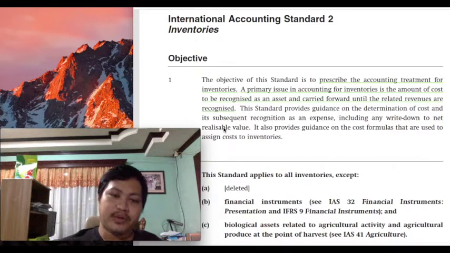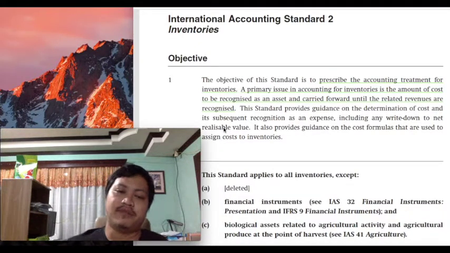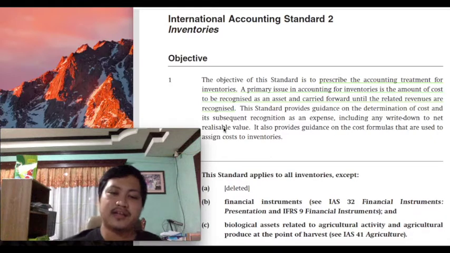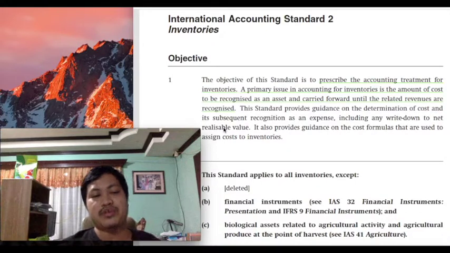Now, why is the reporting or the presentation of cash not difficult? Because its measurement is very simple, class. If ever it comes out in an exam and you are asked, how should cash be measured? Your answer would be that cash is measured at fair value, class. The best answer would be that cash is to be measured at fair value.